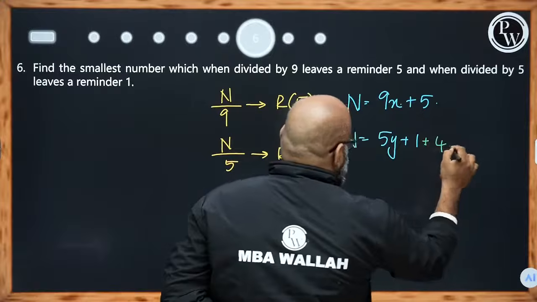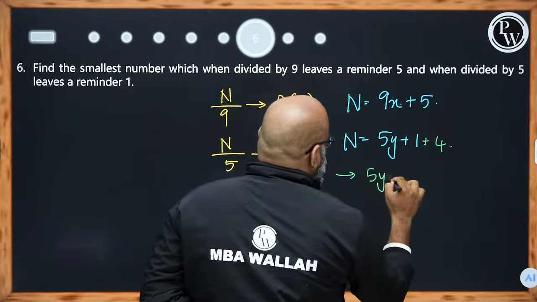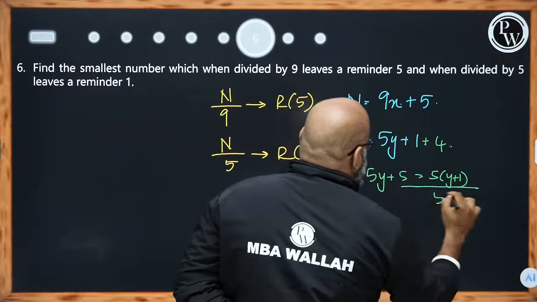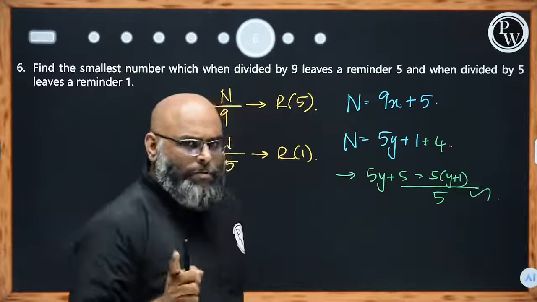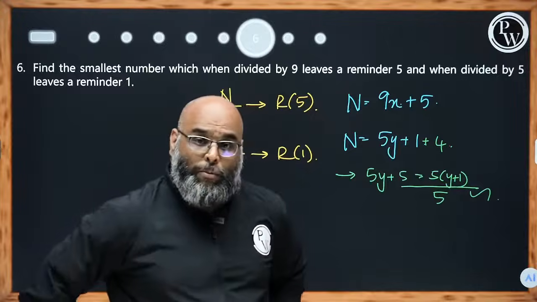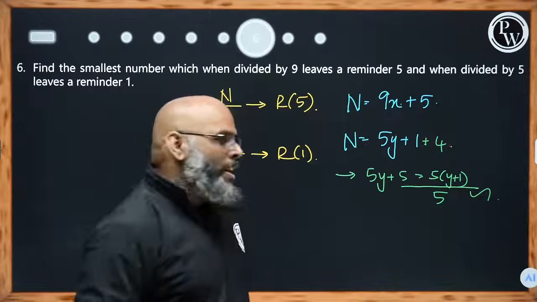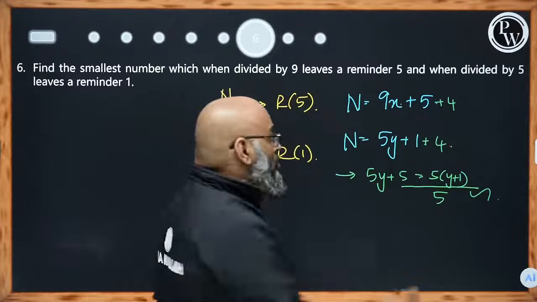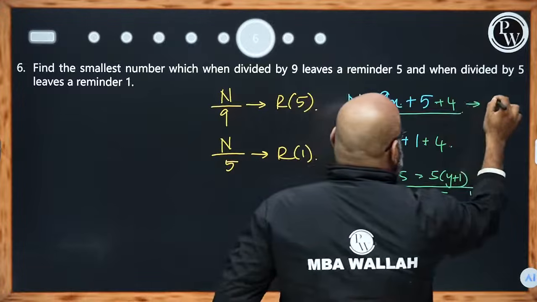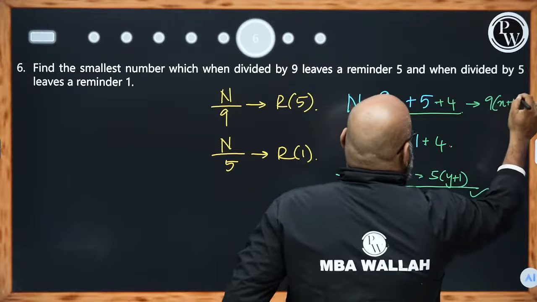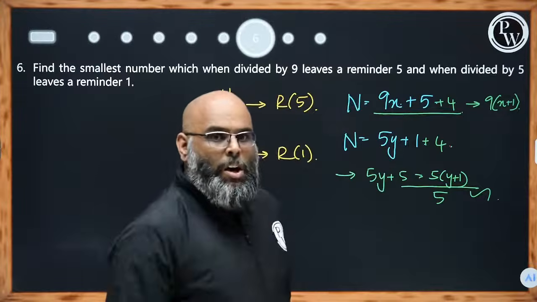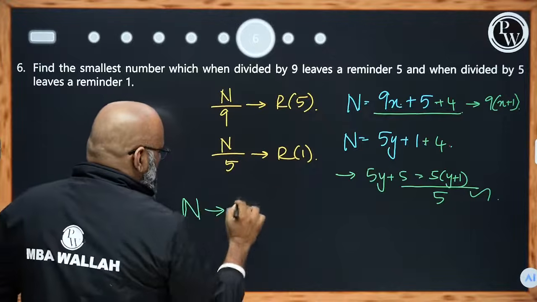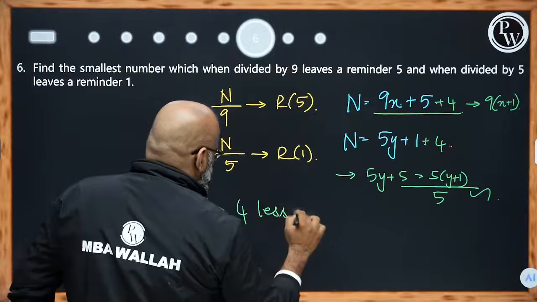Plus 4, this number would have become 5y plus 5, or 5 into y plus 1, which is absolutely divisible by 5. It would have worked if I had added another 4. If you look very closely, if you add 4 here again, this number is also perfectly divisible by 9. Or can I say, the number that we are looking at is 4 less than